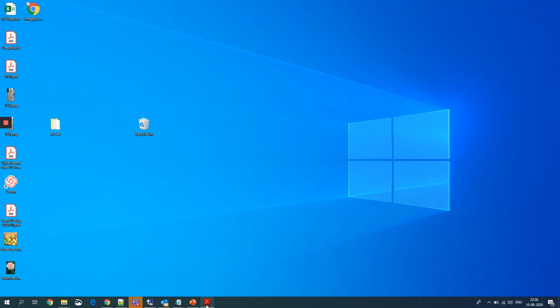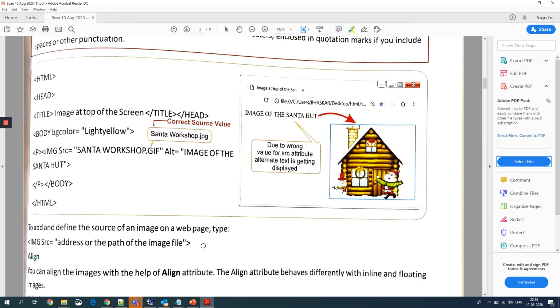Now you can clearly see here, image cannot be displayed is exactly coming. So in case the image is not able to be displayed on a web page, the alt attribute will display the text in the proper way. Now again move on to the book.